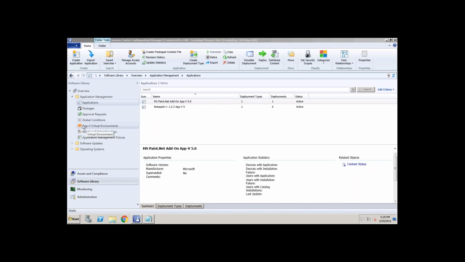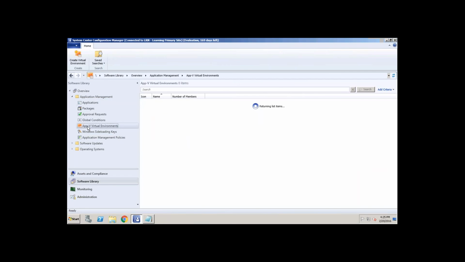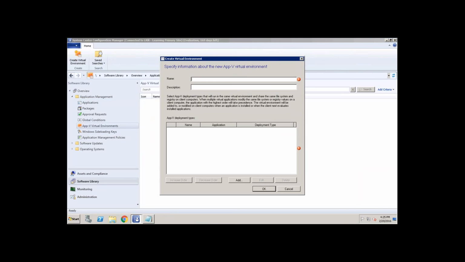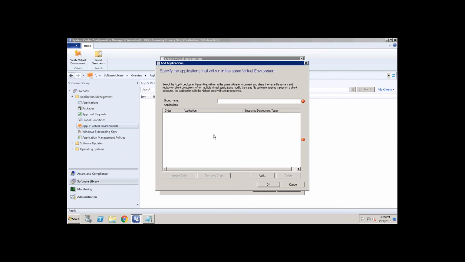Now this is what I was talking about, connection group. In the AppV virtual environment, you have to create a group here. That's called create virtual environment. You just need to give a name, MS Paint group. Here you have to add packages.